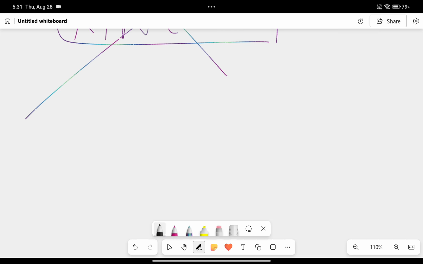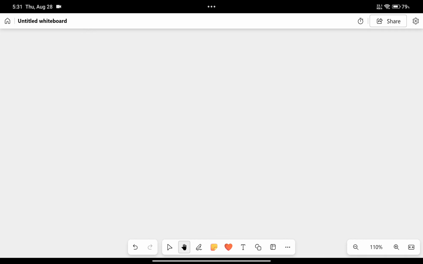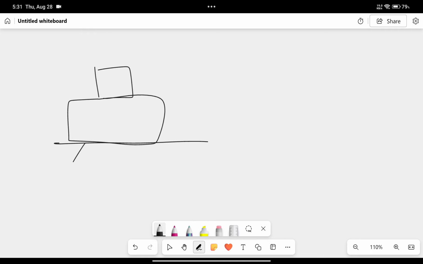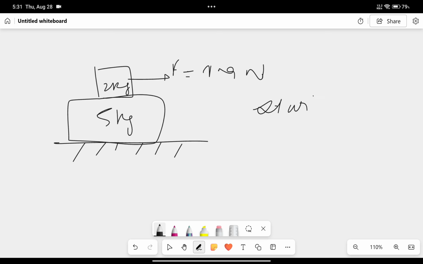So now we have to assume that the force of friction was static. So let me again draw the figure. Basically the system is like this. It's a 5 kg block, a 2 kg block, and a force of 4.9 is applied here. Now I assume that the friction is static, and also let me tell you guys, in case of static friction,